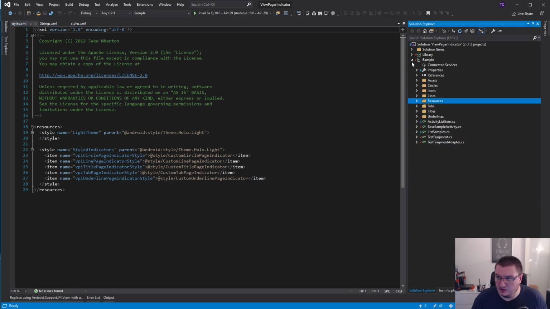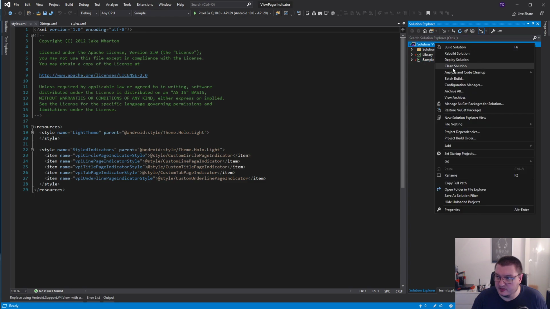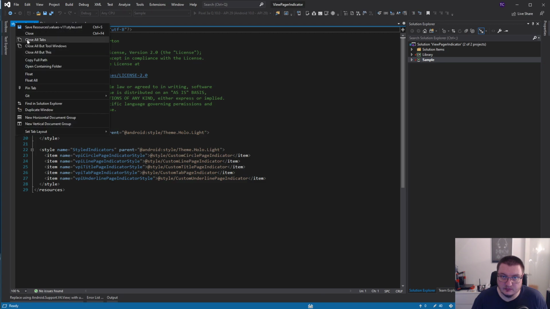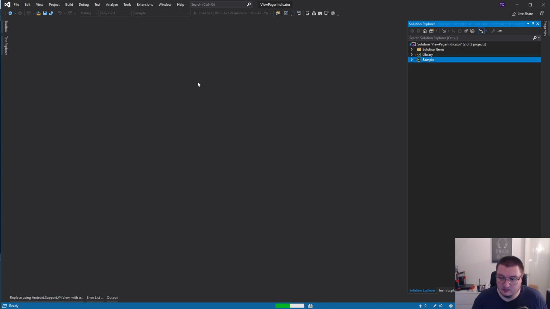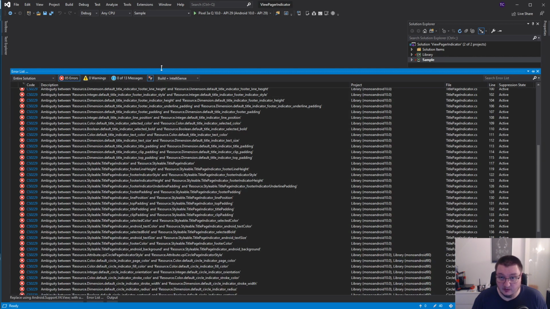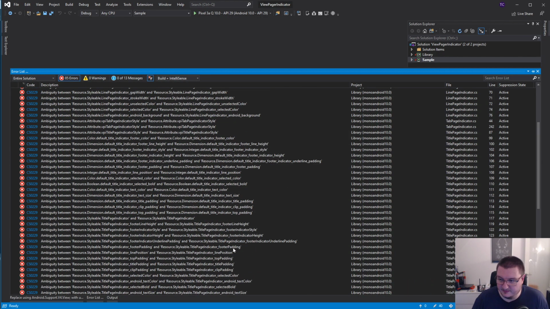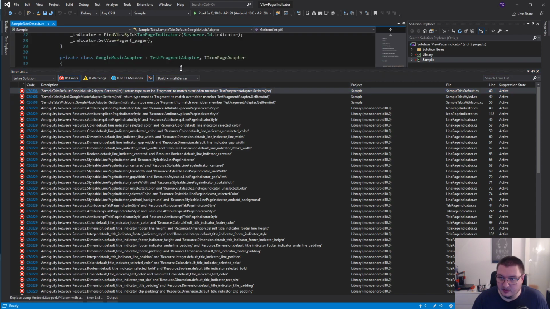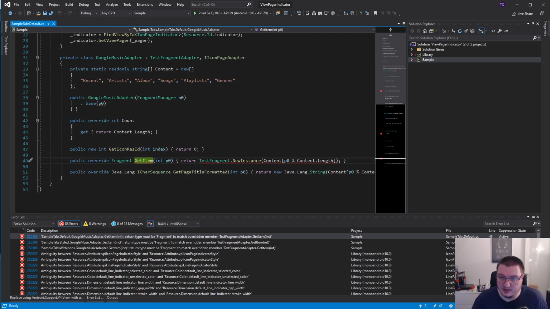They shouldn't be duplicated, so I guess we try to clean and rebuild. Now it's 85 errors instead of 82. Okay, but that's fine because now we have these 3 issues that I didn't see. So,